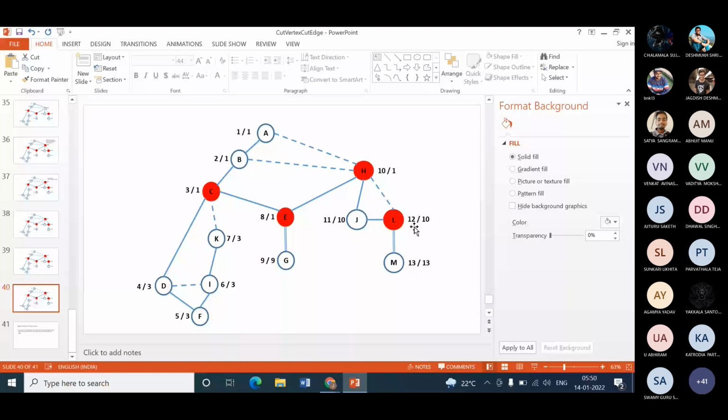So this is the algorithm developed by Robert Tarjan, and